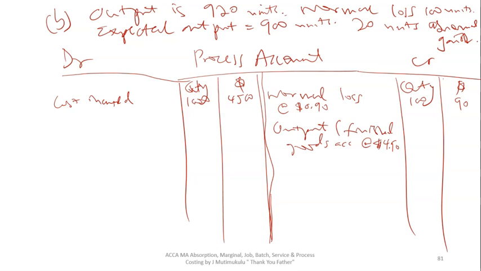So the actual output we are talking about, according to the question, was 920. That was the actual output. All right, so multiply by $4.90 and we are going to get our 4,508. You just have to close your brackets. Okay, now we have to proceed with our computation.